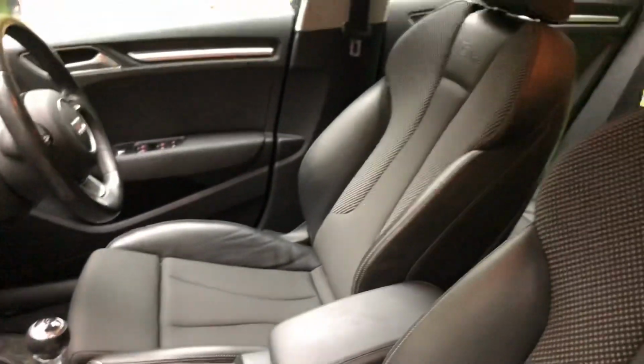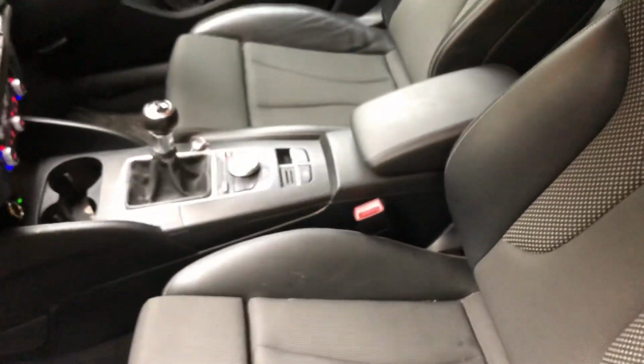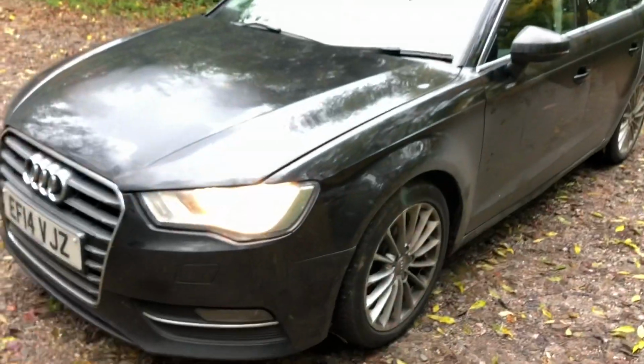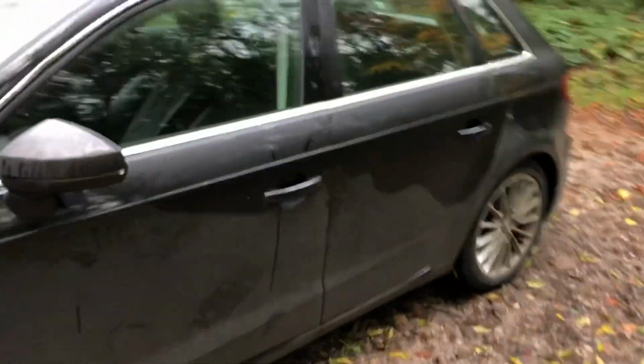Really low mileage. It's got such low mileage, so I think it just needs to be given another bit of health, another bit of life put back into it, and do what's right for the car, to be honest. Get it remapped. I've already spoken to a few companies about getting a remap on it, and this is 150 brake horsepower, so